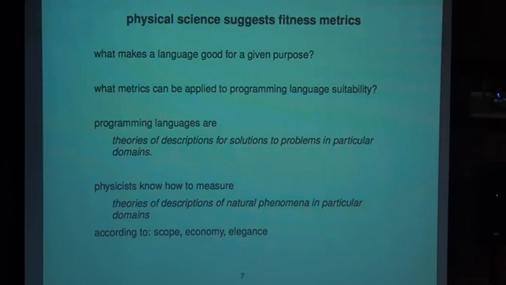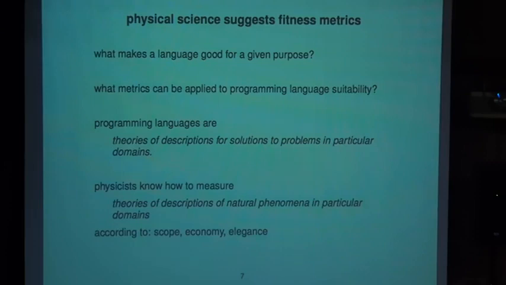And physicists are very, very clear. When you ask them what makes a good theory, they say that a theory has to have scope, economy, and elegance. And what they are talking about are their theories that describe natural phenomena in particular domains of the universe. And we as programmers really use languages as theories for how to describe the solutions that we want to implement